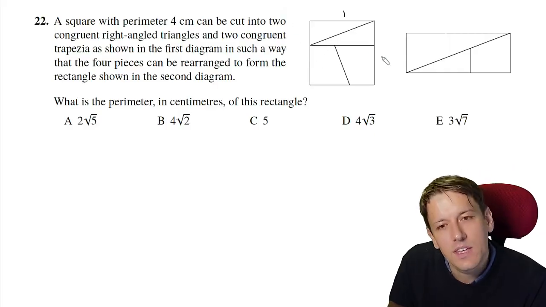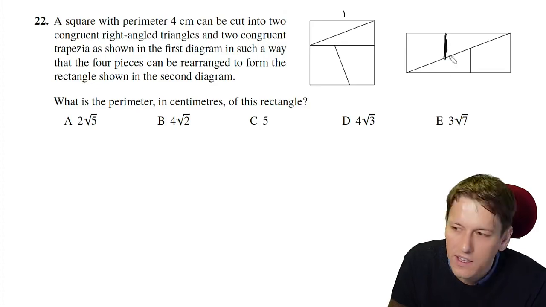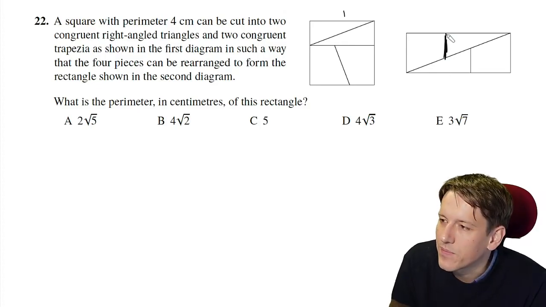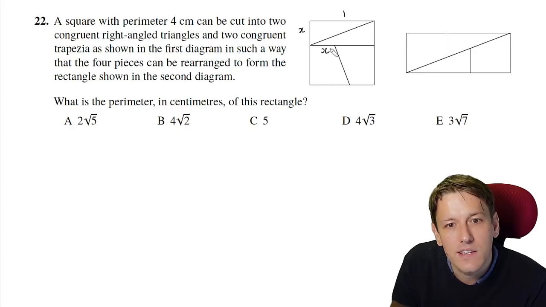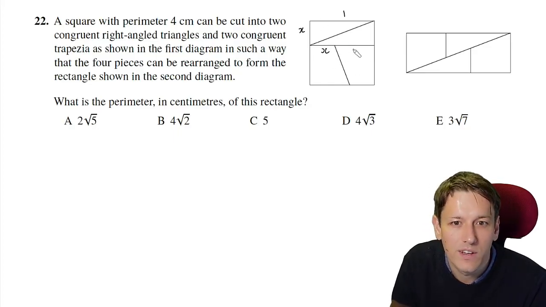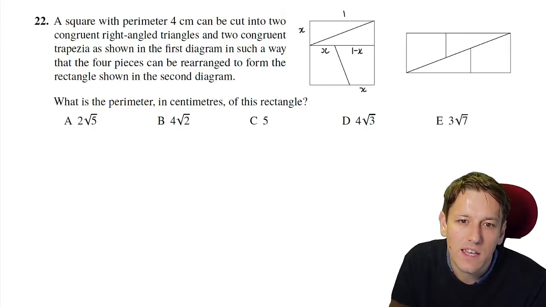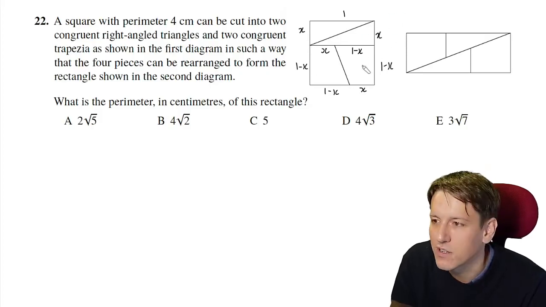Now, the key thing that matches up here is this side here, right? So that means that the shorter side of the triangle here and the shorter side of the trapezium are going to be the same length. So let's just call that x, and then that x as well. They must be equal, and then from that we can work out all of the other lengths, right? This is 1 minus x, so that means that this is x and 1 minus x as well. This bit here must be 1 minus x and 1 minus x and x,